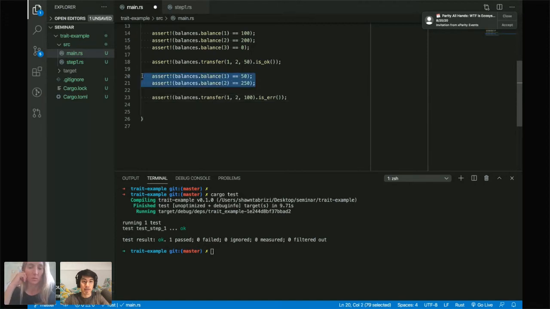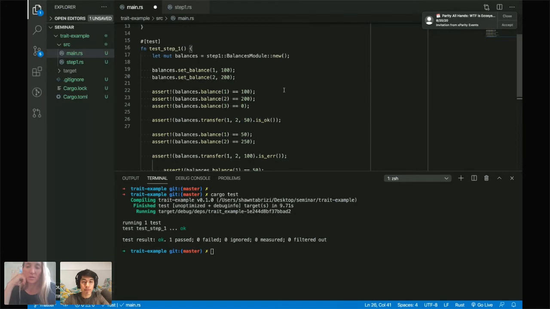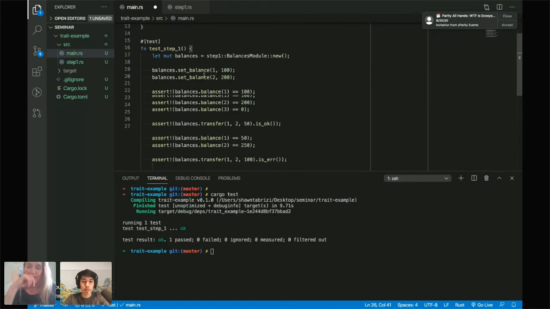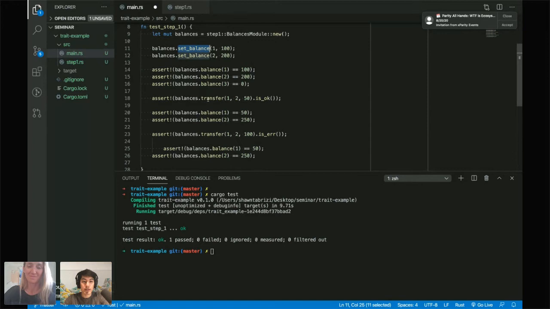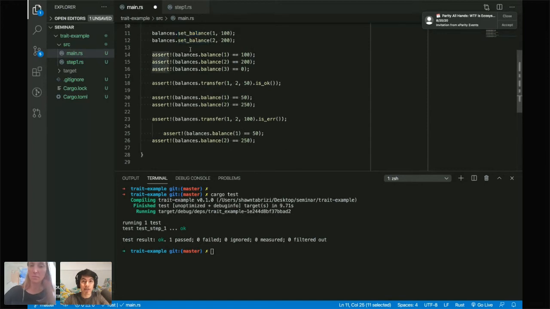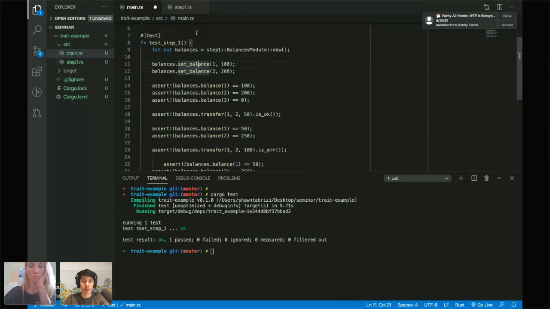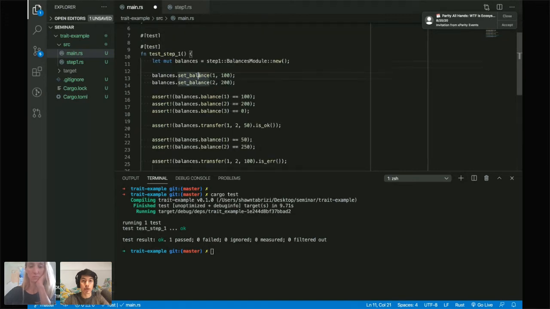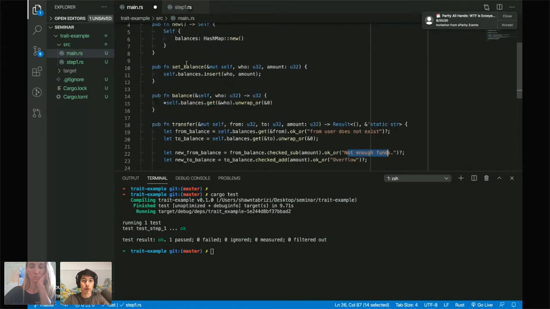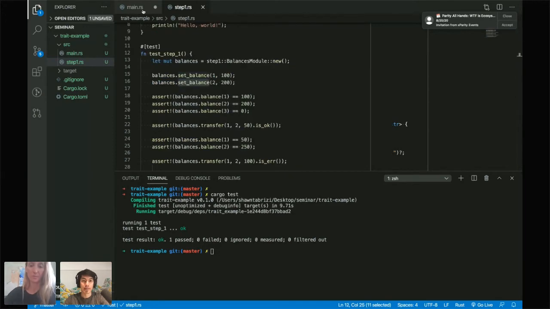That makes sense, right? And where are you inserting the declaration for the balances? Sorry, what do you mean by that? It says, where is the balances.insert declared? Balances.insert. So I'm up here, I'm setting balances. So at the very beginning of my test, I have this backdoor function set balance where I'm setting the balance of user 1 to 100 and user 2 to 200. And this set balance function calls into this set balance function, which just calls insert, which is an API of the hash map. So basically, I'm just directly putting in some value. Got it.